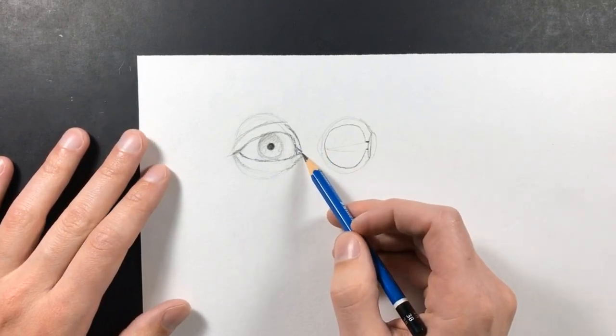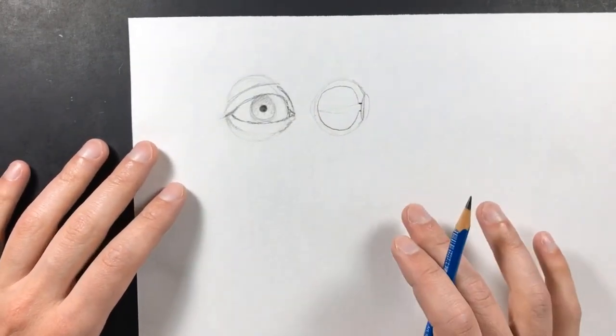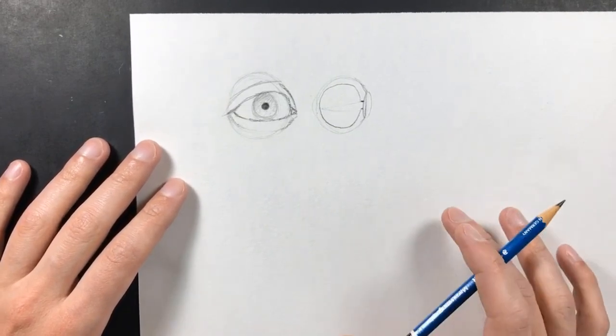All right, now let's go over a couple of different eye shapes, because a lot of the times people will teach you how to draw eyes, but it's a very generic type of eye, and there are actually lots of different eye shapes, and it's what makes